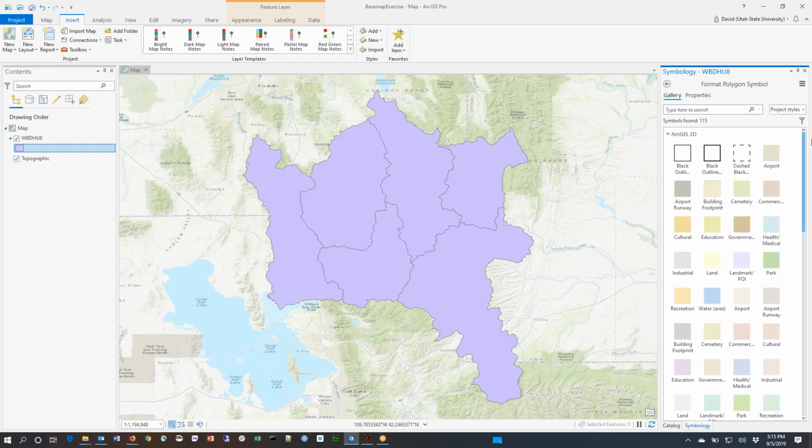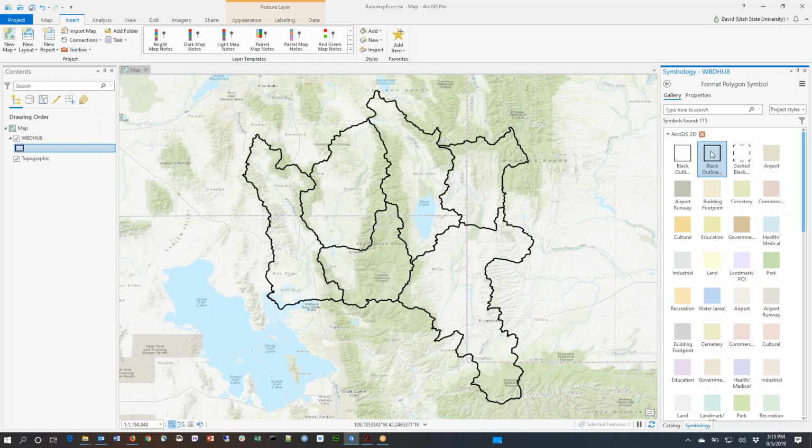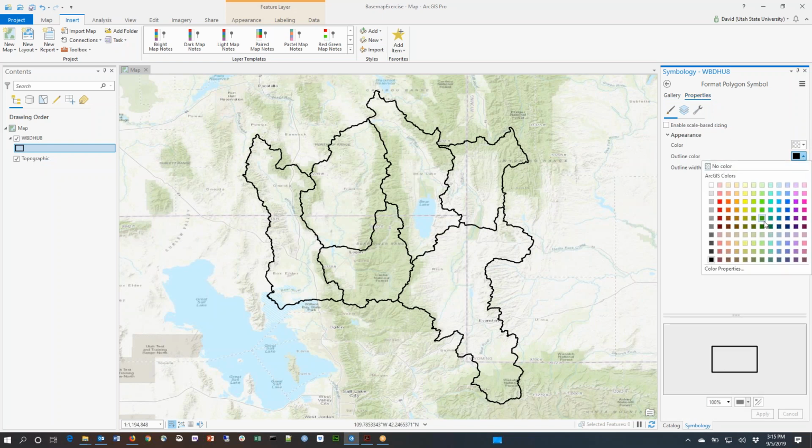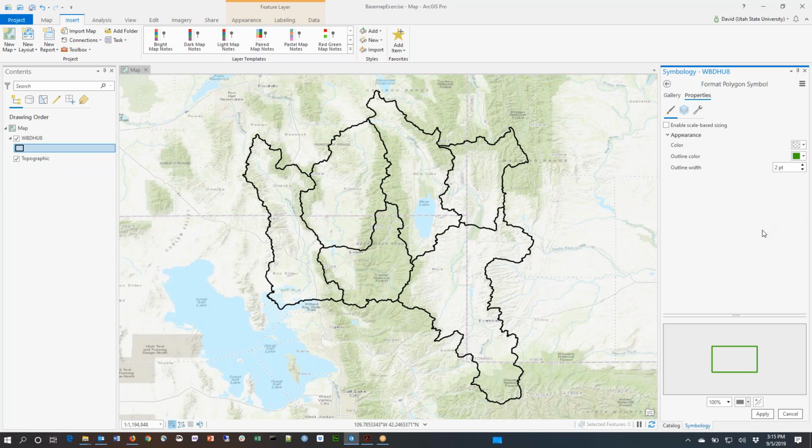And I'm going to go with a fairly bold outline. So I'm going to click this black outline that's fairly bold. And I'm also going to change the color by switching to properties and picking something like a green rather than a black. And then if I click apply,